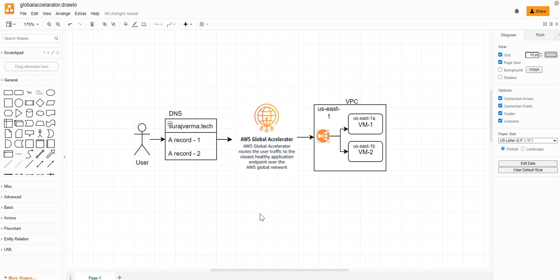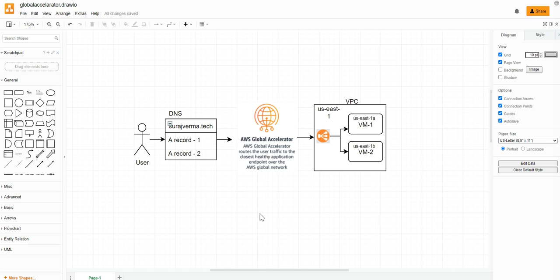So how does it actually work in the background? Whenever a request reaches your Global Accelerator, what does Global Accelerator give you? It gives you two default static public IP addresses, another advantage over the dynamic IPs of the ALB. In our Application Load Balancer, it gives us public IPs that we can use in our DNS to point the records, right? But ALB IPs used to change over time. In that case, you would again have to make changes in your DNS so as to point to the correct IP address. Now, if we use Global Accelerator here, it gives you static IP addresses in front of your ALB.